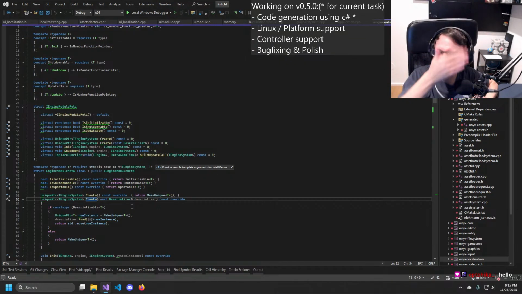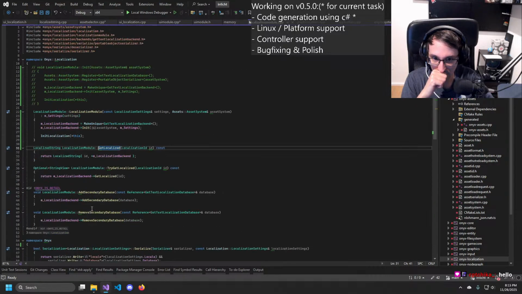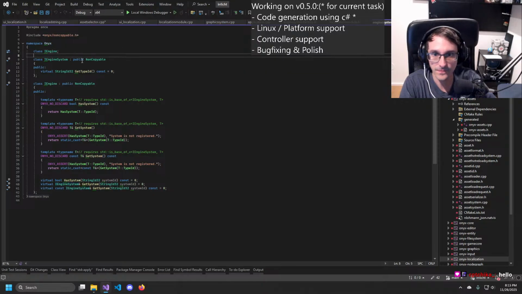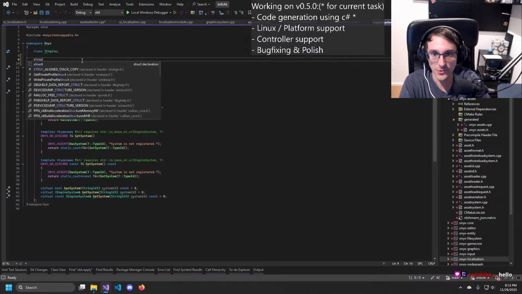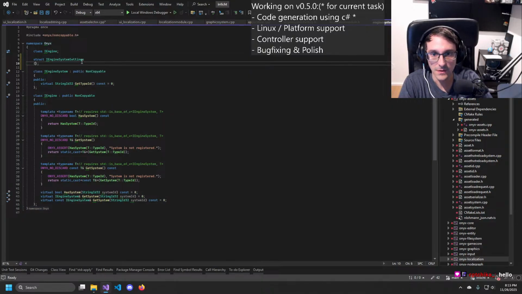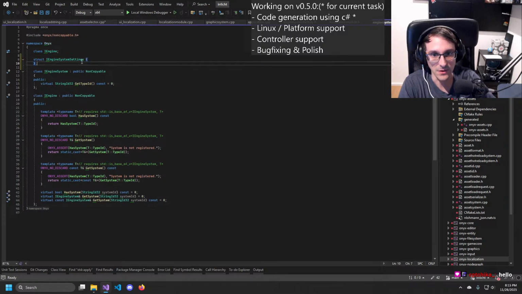I think I can maybe fix that somewhat easily. Engine system settings, that is just an empty thing, right?